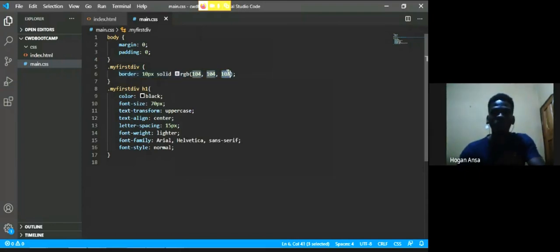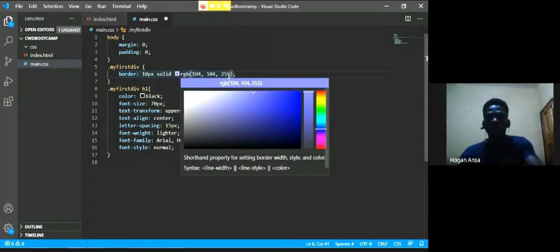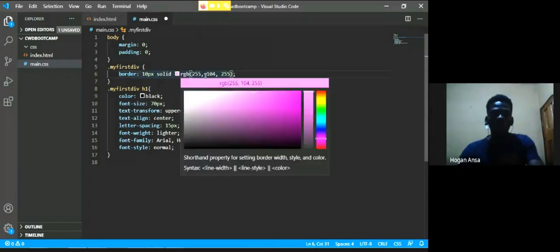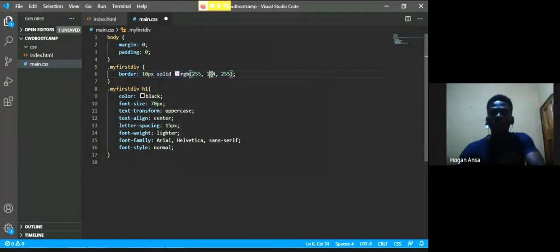What if I change this to 255? It becomes blue now because I'm saying, oh, blue is at the highest. What if I change red to 255? A mix of red and blue now gives us pink. What if I change this to 255? The lowest value here is 0, and the highest value here is 255. So now a mix of these 3 colors is actually